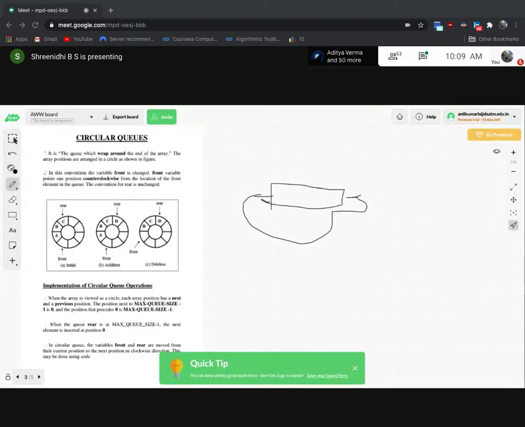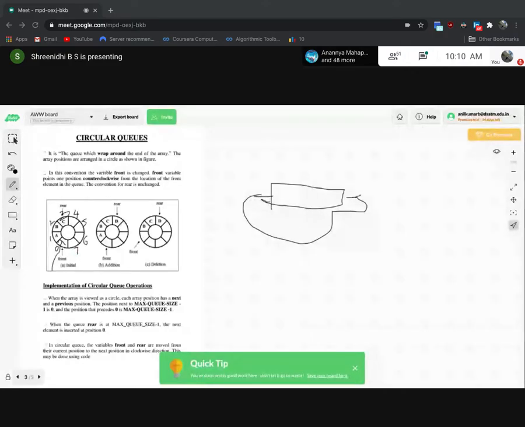This is the initial array. Some elements are stored here. This is the front end. This is the 0th position, first position, second, third, fourth, fifth, sixth, seventh.